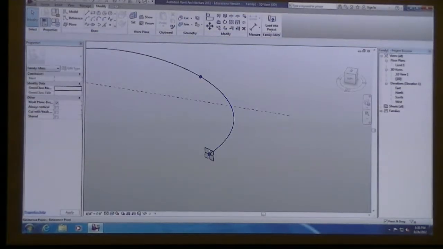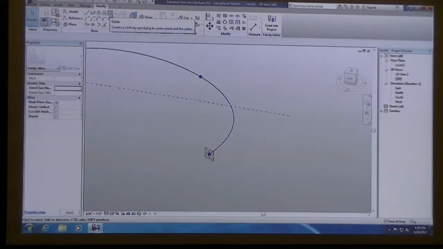If you draw anything on this plane that's associated with this point, normal to the surface of this curve, it could be any kind of profile. As long as we draw something on that plane and it's perpendicular to this curve, we can select both of them and then create a sweep with the create form command.